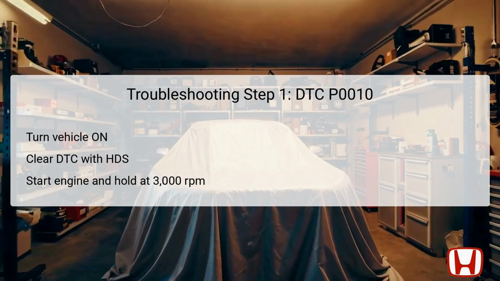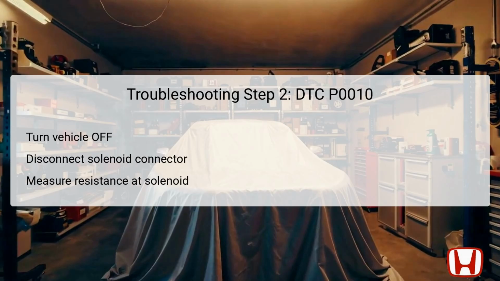After clearing the DTC, the engine should be started and held at 3,000 RPM without load until the radiator fan activates. Then let it idle. This process helps in checking the operational state of the engine and any immediate issues that might arise post-clearance. It's crucial to observe whether the DTC reappears during this phase, as it will guide the subsequent steps in the